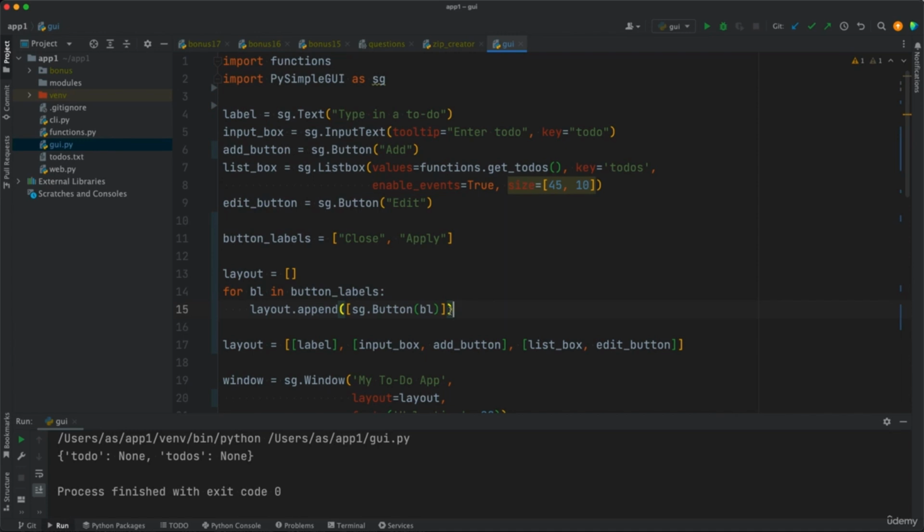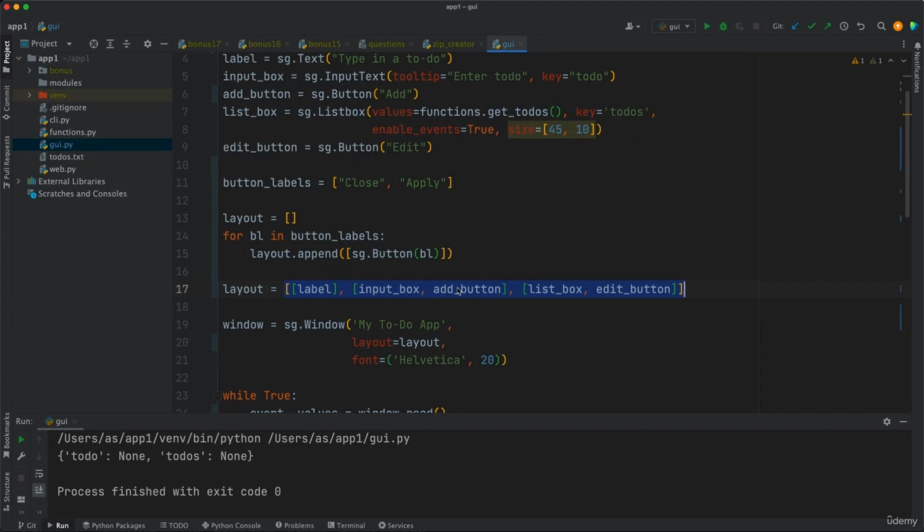And so this for loop would generate a layout, a list of lists, which would look like that, right? And then you'd supply that layout variable in here. So in this particular case, we would end up with a layout which would look something like